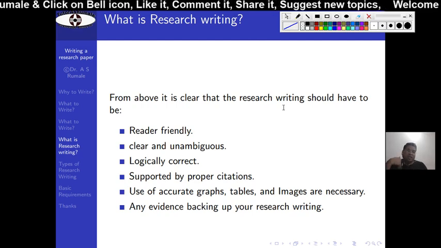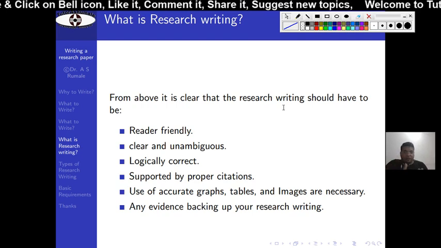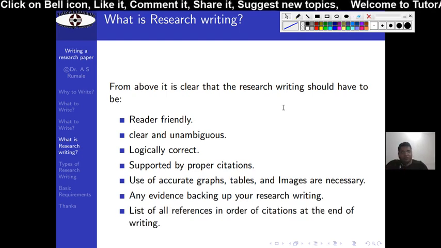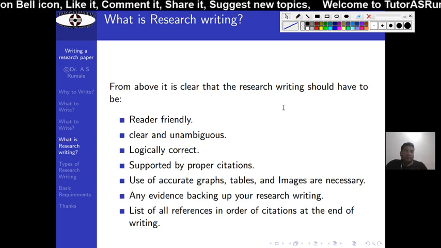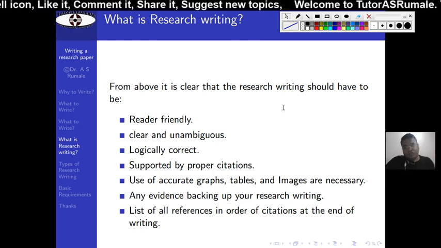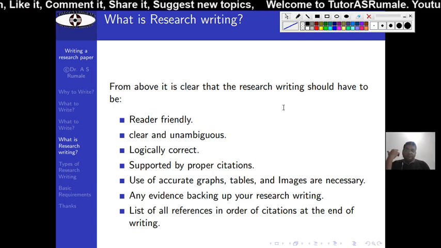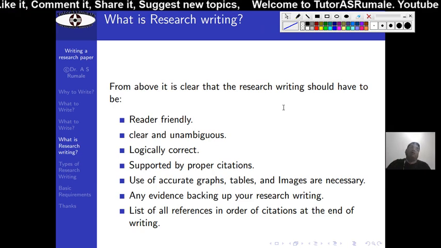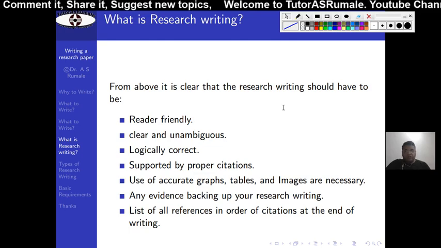So suppose a journal asks you what the extra evidence about your research is, you have to show that research evidence. And then you have to have the list of all references in order of citations at the end of your writing, which is not the case in fiction writing. There are no references because it's coming purely out of your imagination, and ambiguity is very much used. That type of freedom is not here.